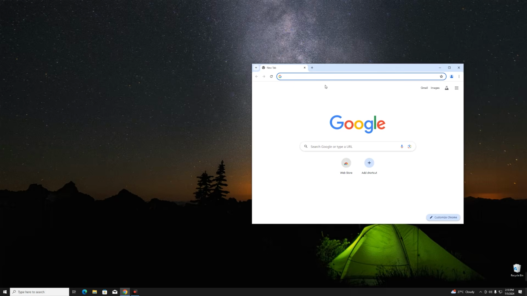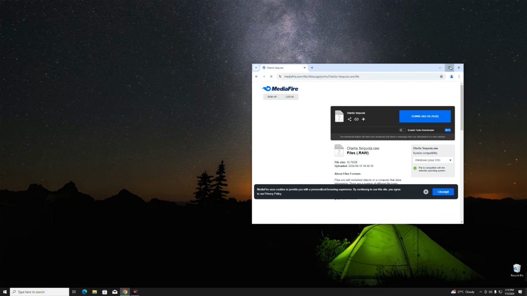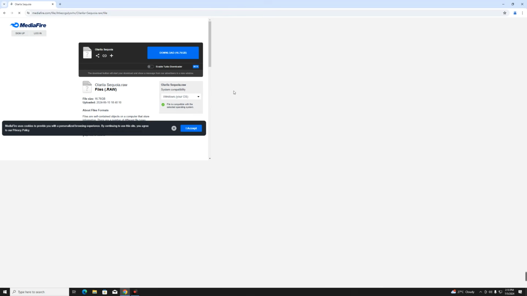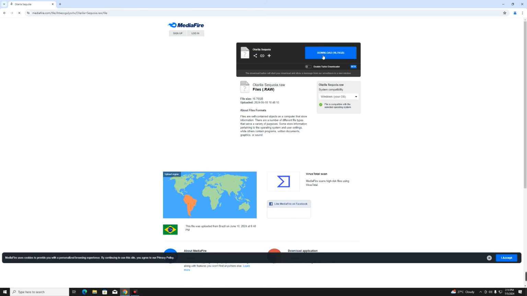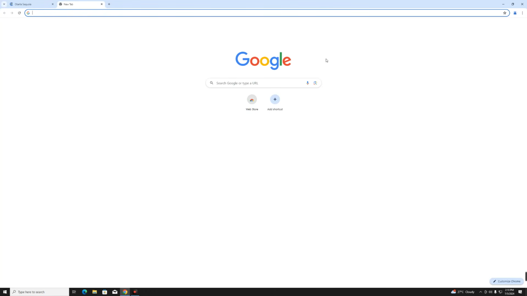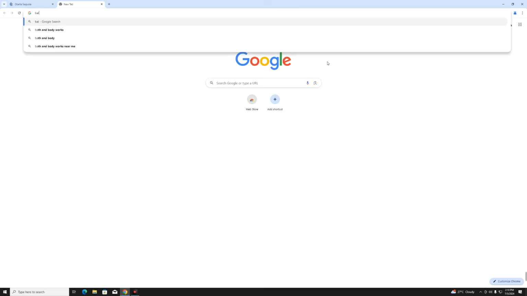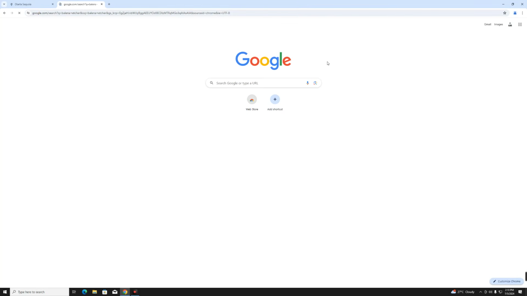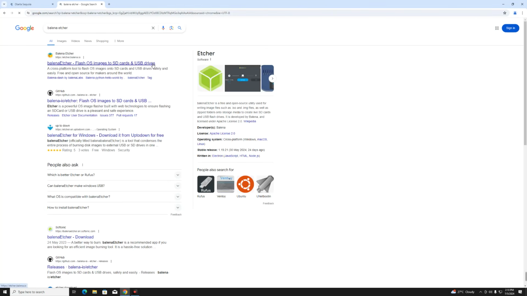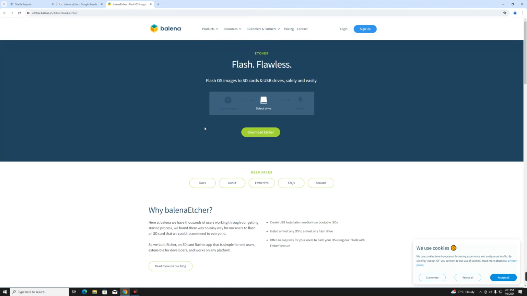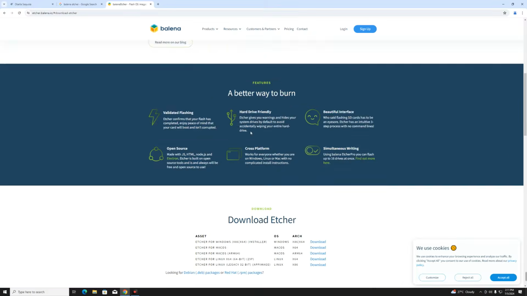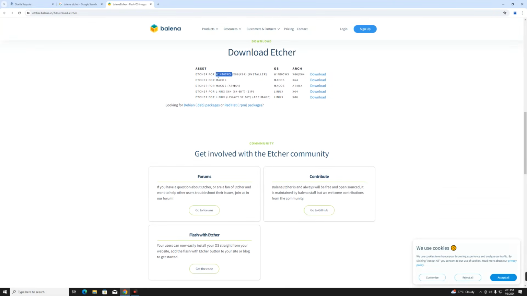First, we need macOS Sequoia Installer File. I'm going to provide this link to MediaFire in the video description, so you can just head to this page and click on the download button. You can see the download is around 16.7 gig. Next, we are also going to download Balena Etcher. Click on the download button and then download Etcher for Windows since we are using a Windows PC. So let's click on download